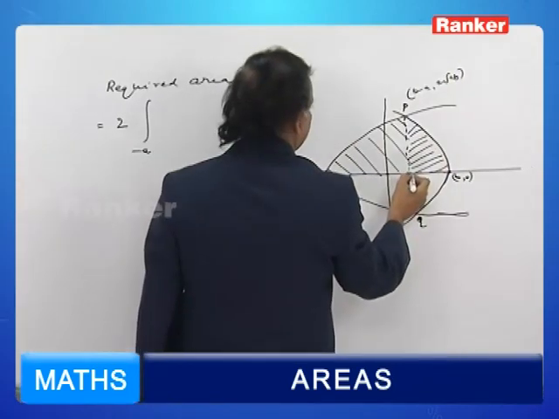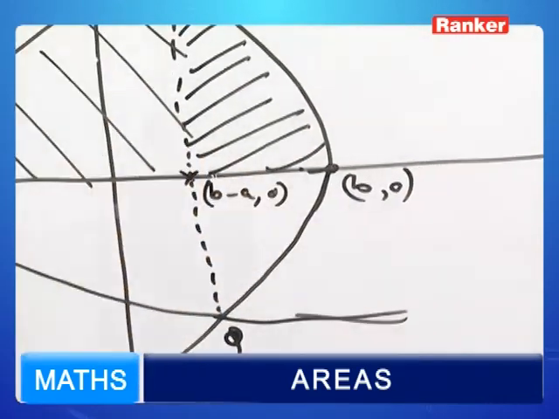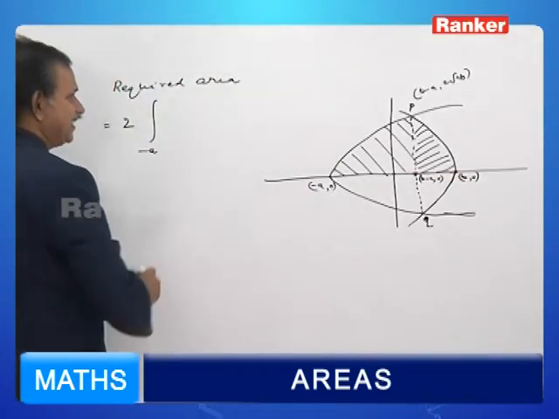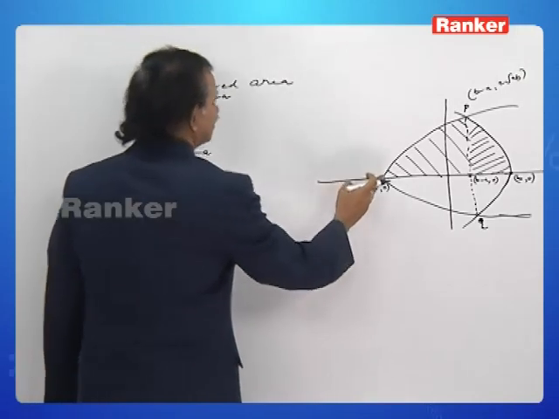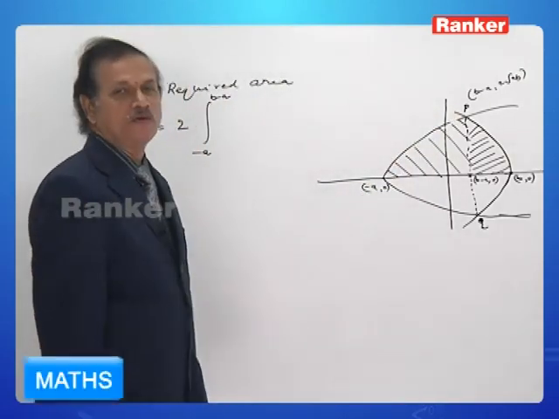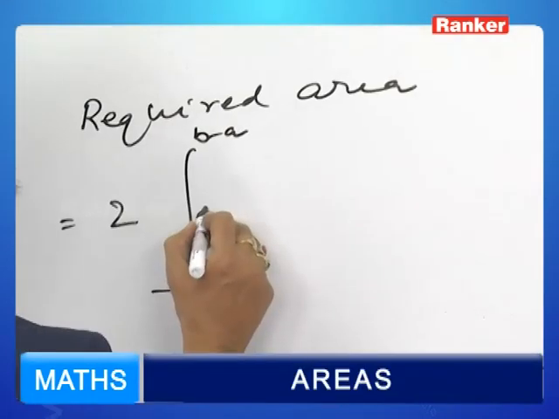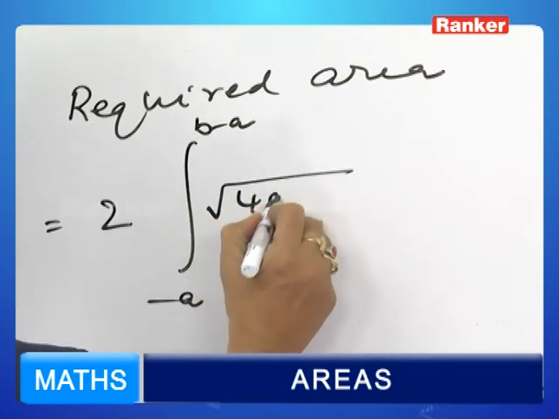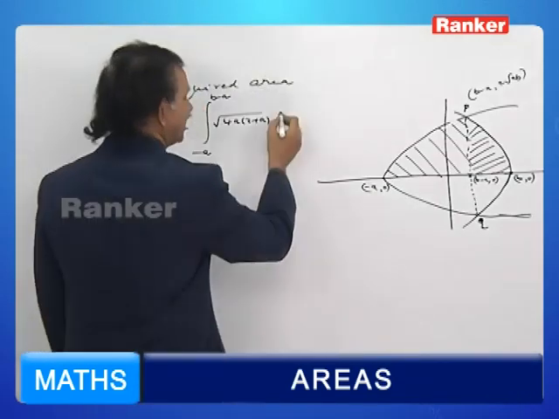So this point is B minus a comma 0. Minus a to B minus a of what is this curve? Y square is equal to 4a into x plus a. So y is equal to root 4a into x plus a dx